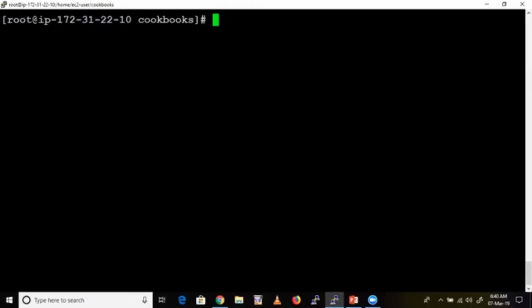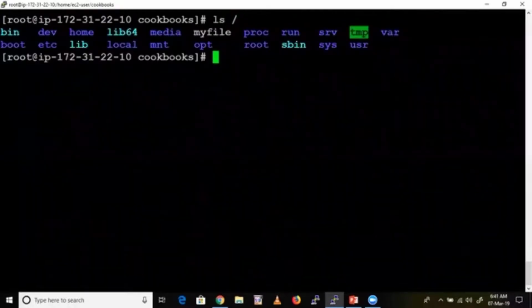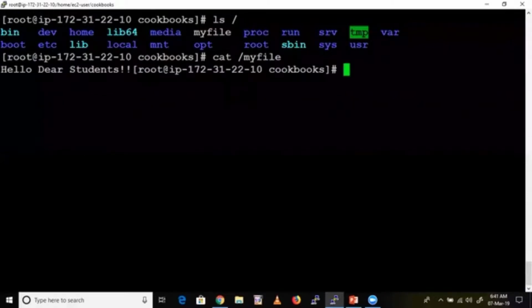Now if you want to verify that, ls with the path. You can see my file is here. If you want to verify the content as well, cat. Directly you cannot give the file name, because it is not in my current directory. You need to give the path, slash my file. You can see that content.